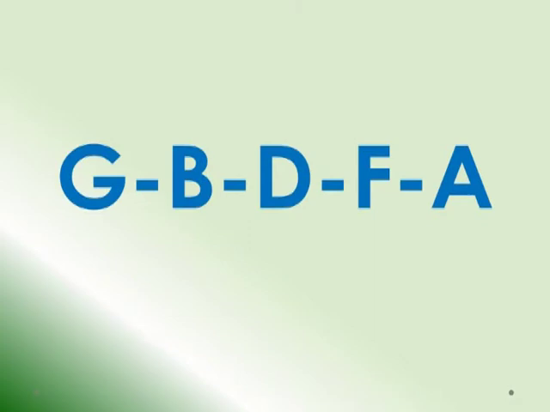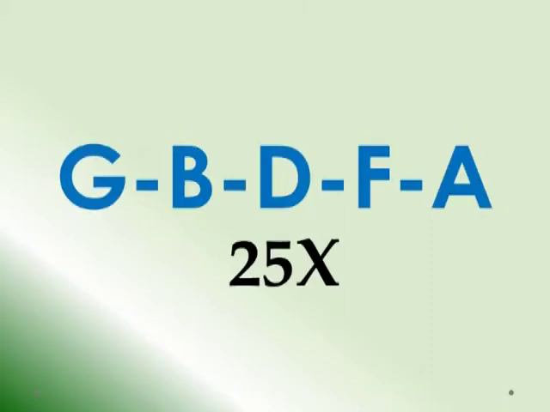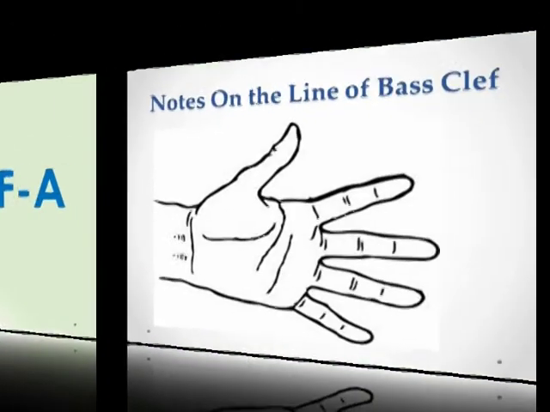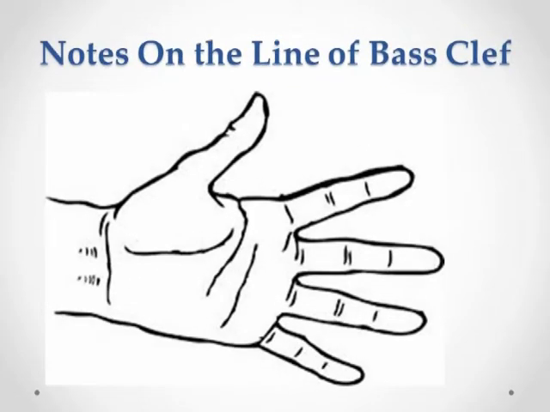Now, say the letters G, B, D, F, A to master the lines of the bass clef. Say it 25 times, G, B, D, F, A, before you proceed to the tutorial. Okay, next lesson, we're going to use our fingers to associate the lines of the bass clef. We have here G, B, D, F, and A. Okay, let's proceed to